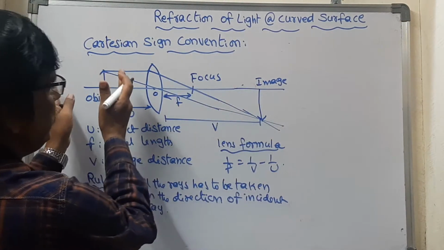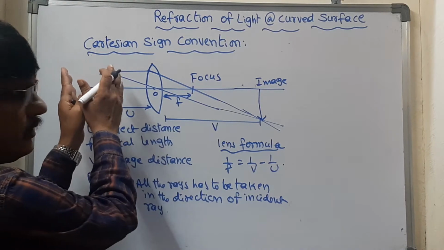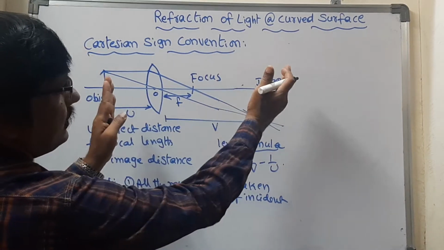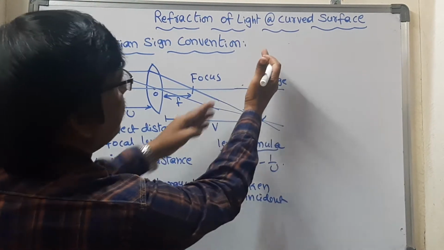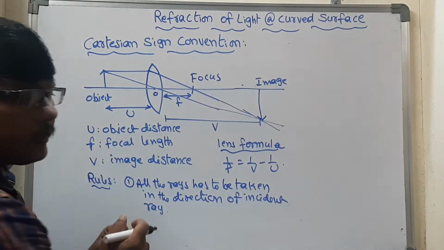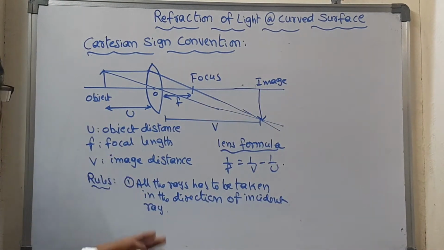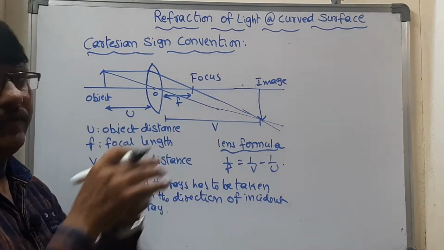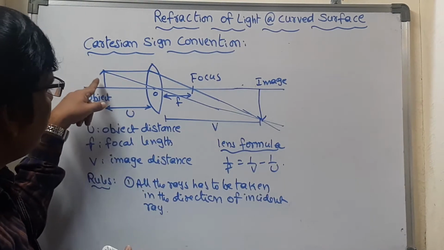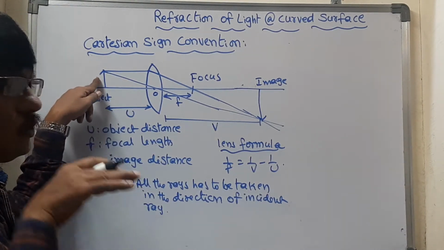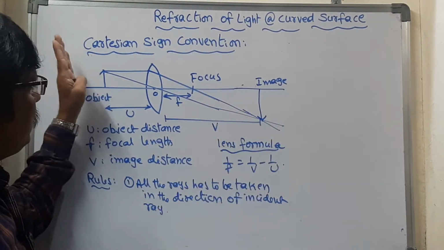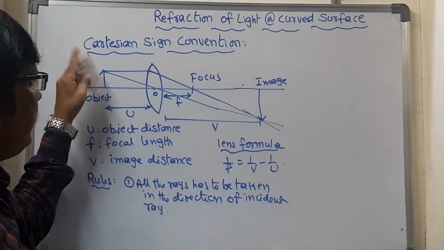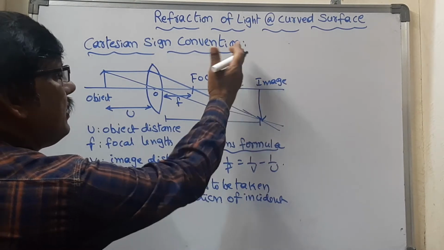Which side is the object on? From that side, towards the lens. This time it is left to right. If the object is placed on the right side, then we should take right to left. Did you get it? Right from the side where the object is, the incident ray travels. According to this figure, the object is here, so towards the lens we take left to right. If the object is on this side, left to right. If the object is on the other side, right to left.